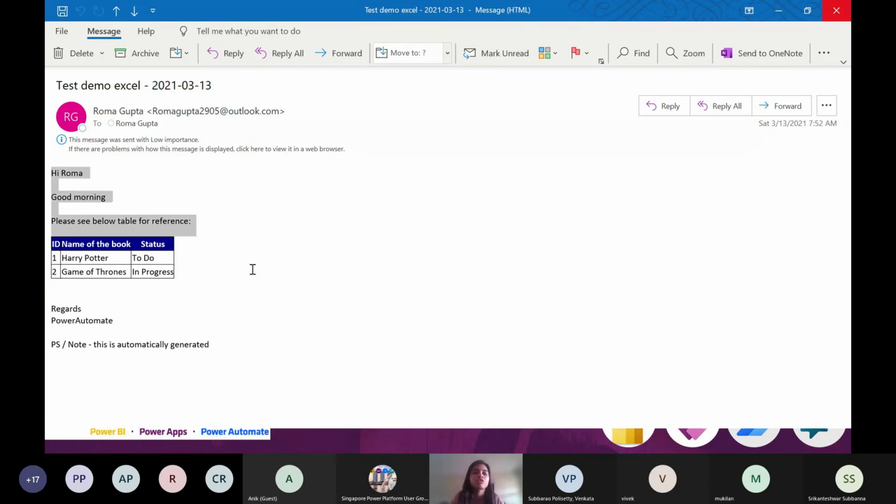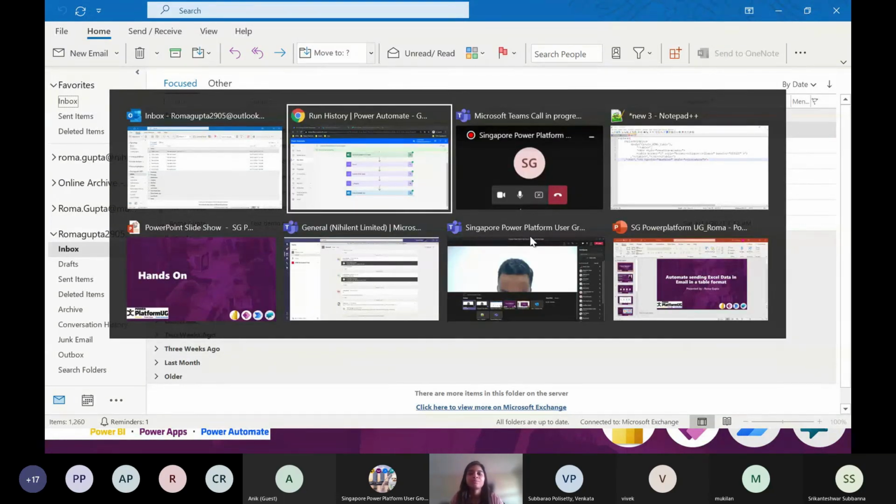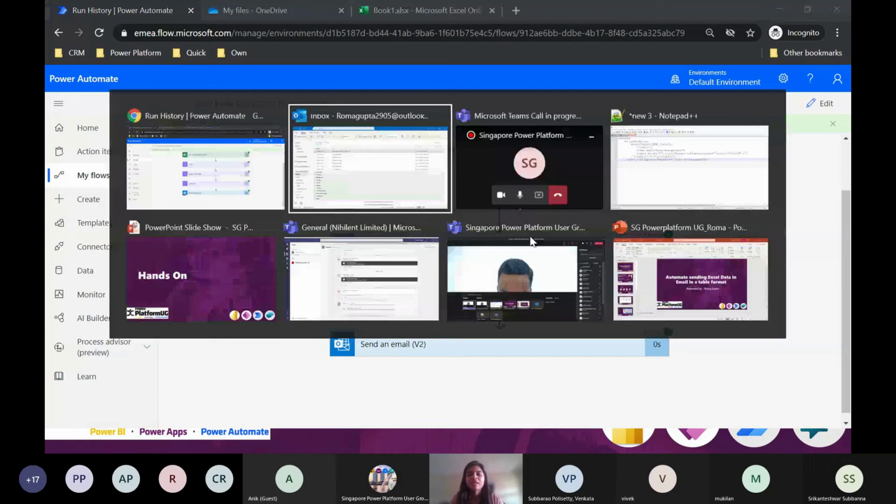And the email body is also updated with the body that I was given. You can also use indentation for that specific matter. So that was all I have to present for today. Any questions so far?